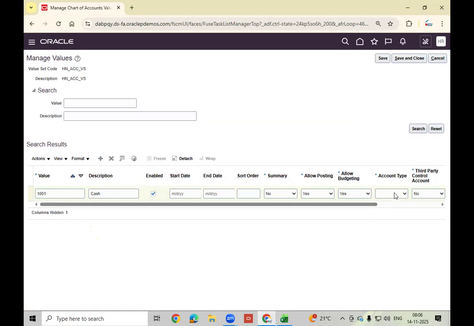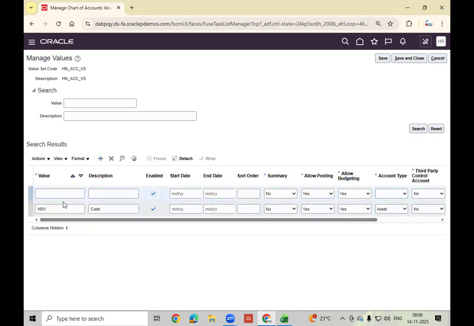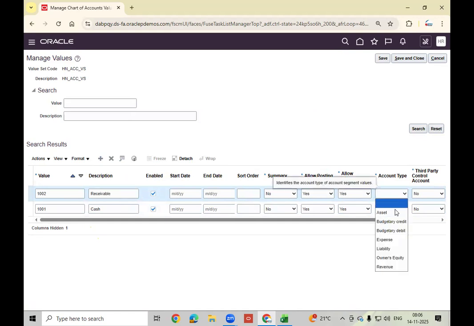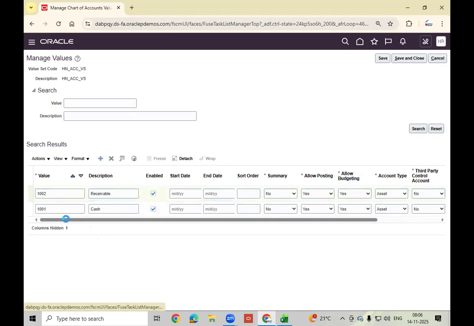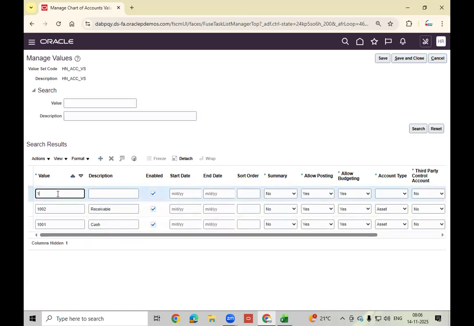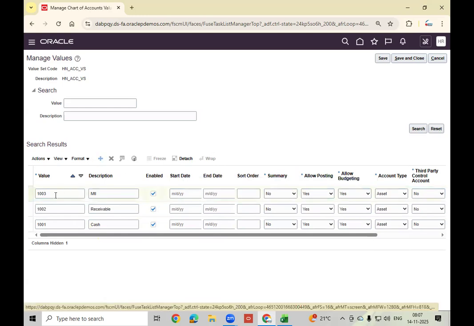So this one, what type of account? It's an asset account, right? 1002, receivable account. 1003, inventory valuation account or material account. Okay, asset account. Likewise. In real time, thousands of values will be maintained like this.